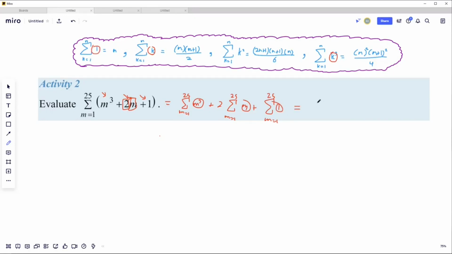In here it will be 25, because your n is always the one above. So 25 times 26 squared over 4, plus 2 times, do not forget that there's a 2 outside, and then you have a fraction over here. It's 25 times 26 over 2, these cancel, and you have plus 25 over here, because you just end up with n, and then you end up with the answer of